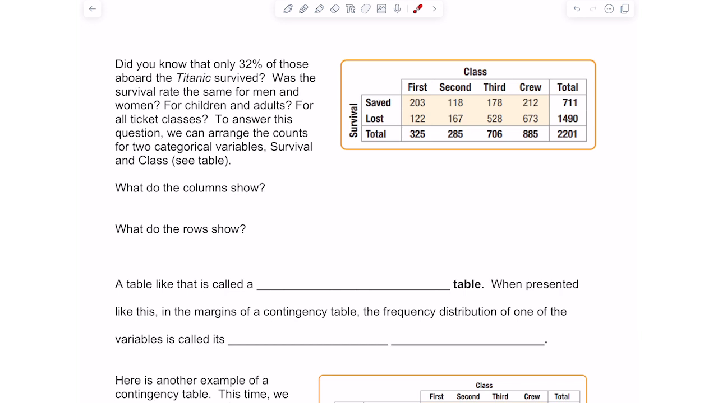Or how about for children and adults? Did more children get saved? Because typically it's women and children in lifeboats first. How about for all ticket classes? So to answer this question, we'd want to look a little bit more at the data, and we can arrange the data